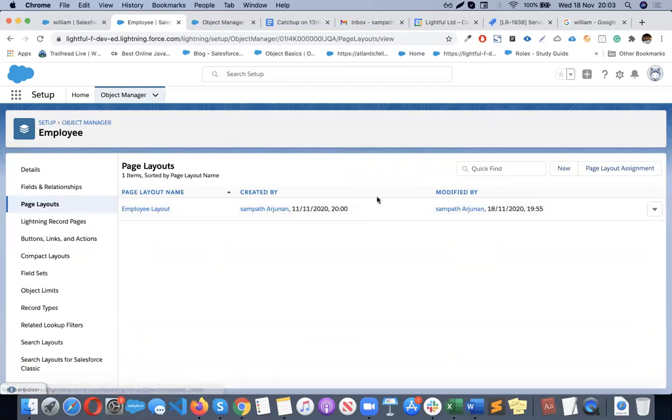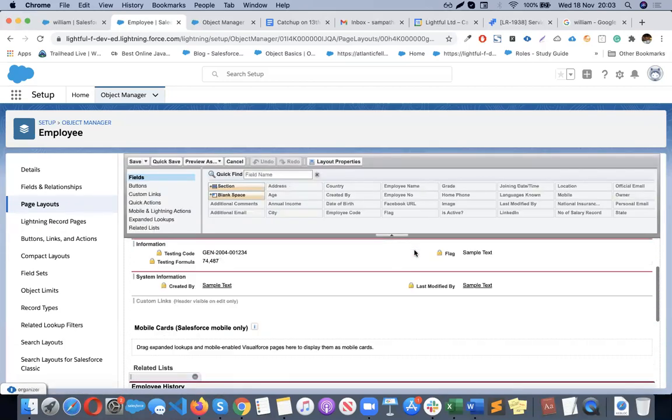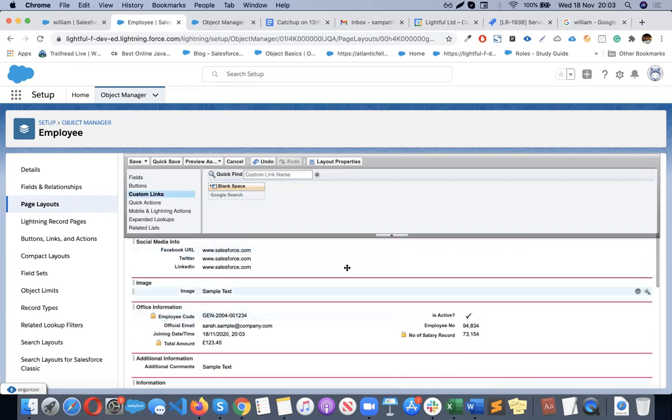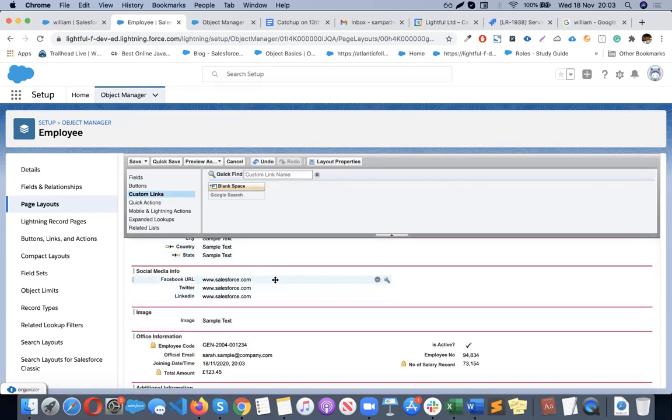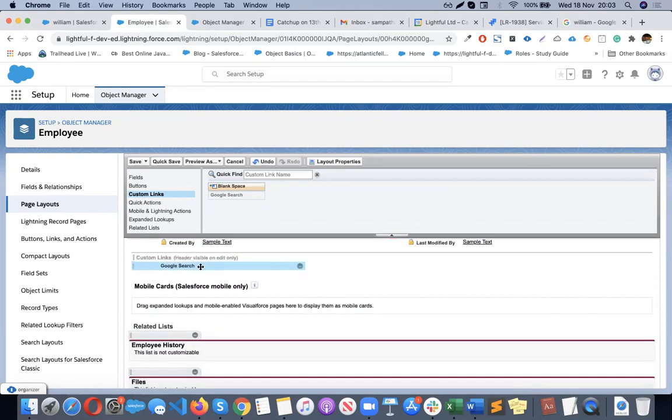So now go back to the layout, edit the layout. So you can add a link in the bottom of the section. So you will see here custom links. Now you will see one new list over here, custom links. You can add it over here only. We cannot add it anywhere over here, inside anywhere the custom links. So you can add only at the end of the sections, like after last.